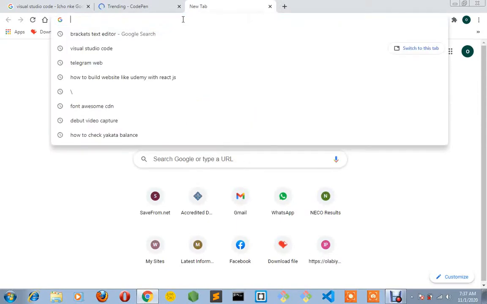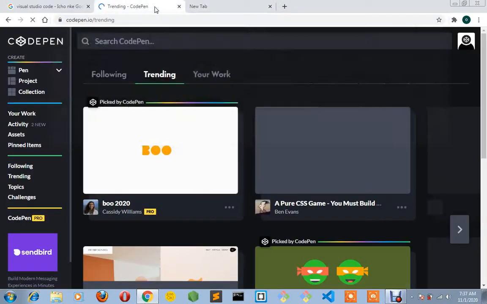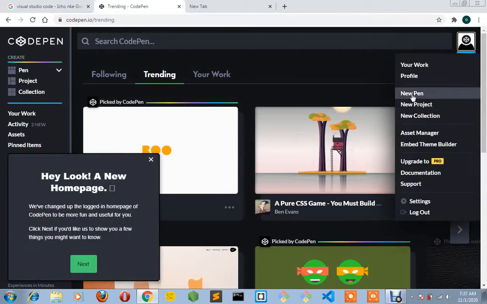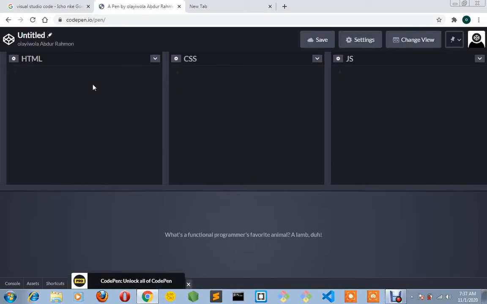And another online editor is... So from here I can create a new pen. So I can create a new pen from here. So you are going to see it here. We have HTML, CSS and JavaScript. So this is where you can run your HTML, this is where you can run your CSS, and here for JavaScript. So we are going to be using this CodePen.io